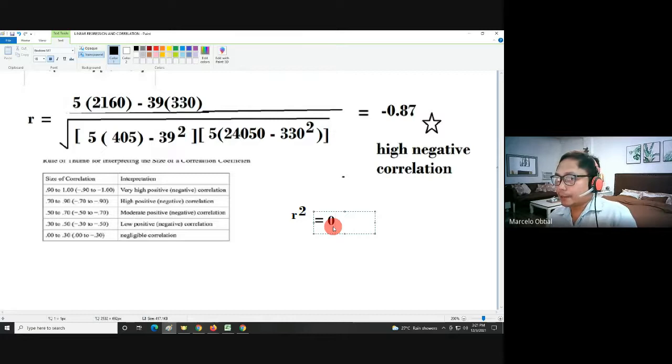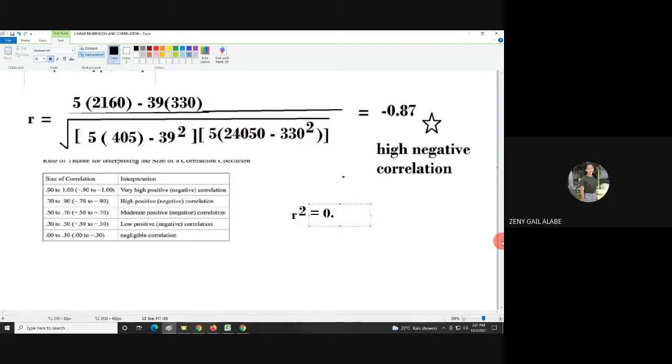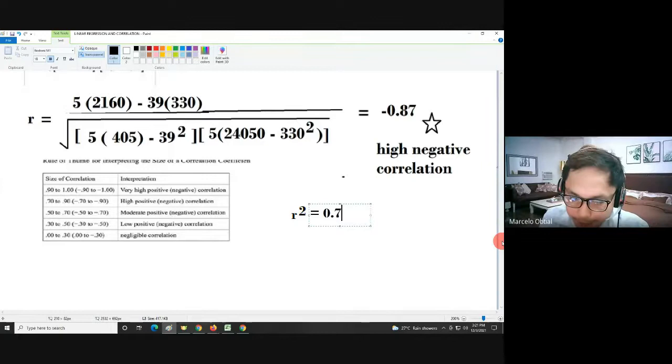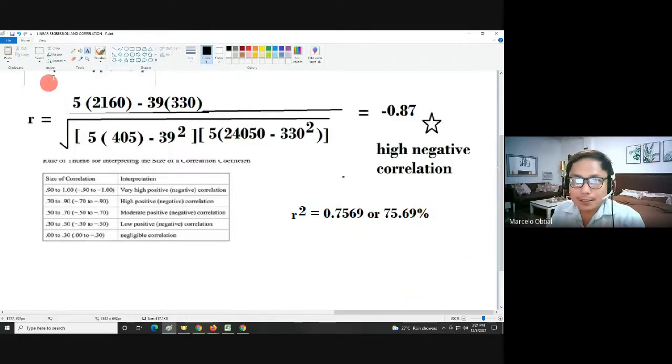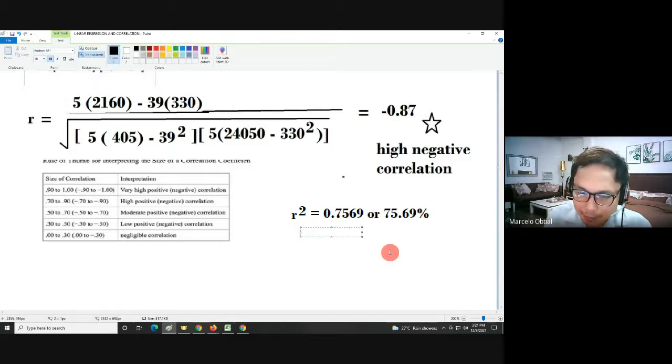Again, negative 0.87 raised to the power 2, please. 0.7569, sir. 7569. Okay. Or this is 75.69%. What do you mean by this? No? This is in-depth analysis of your data. So, ibig sabihin, okay, 75.69%